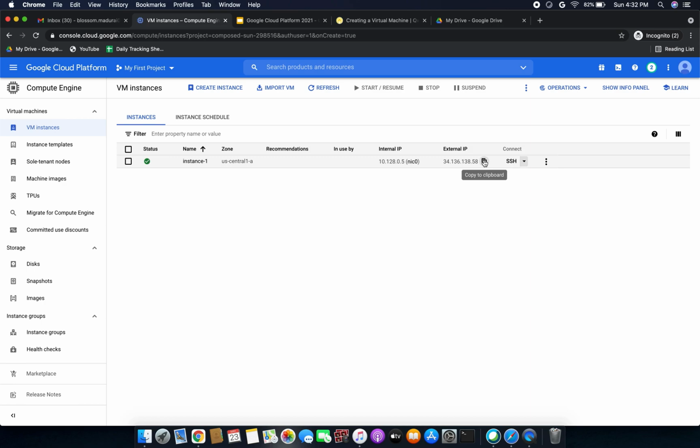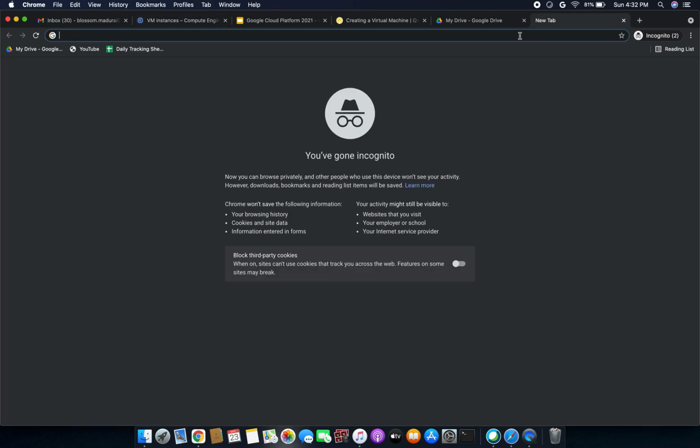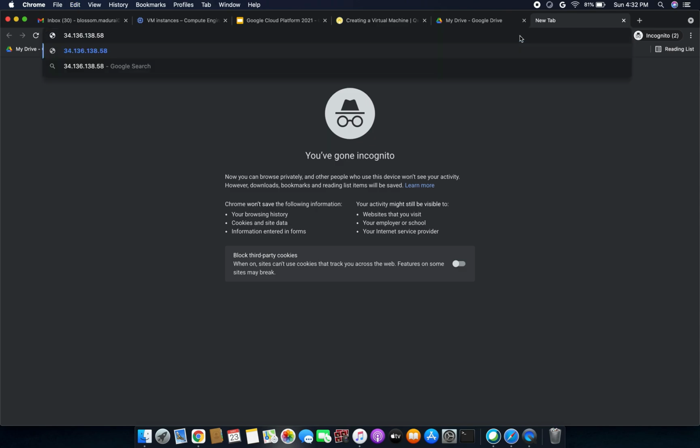Return to the cloud console, and we are going to click the external IP link in the row for our machine, or we are going to add the external IP value to a new browser window or tab. So we have copied that external IP, we have opened a new tab and entered that IP.